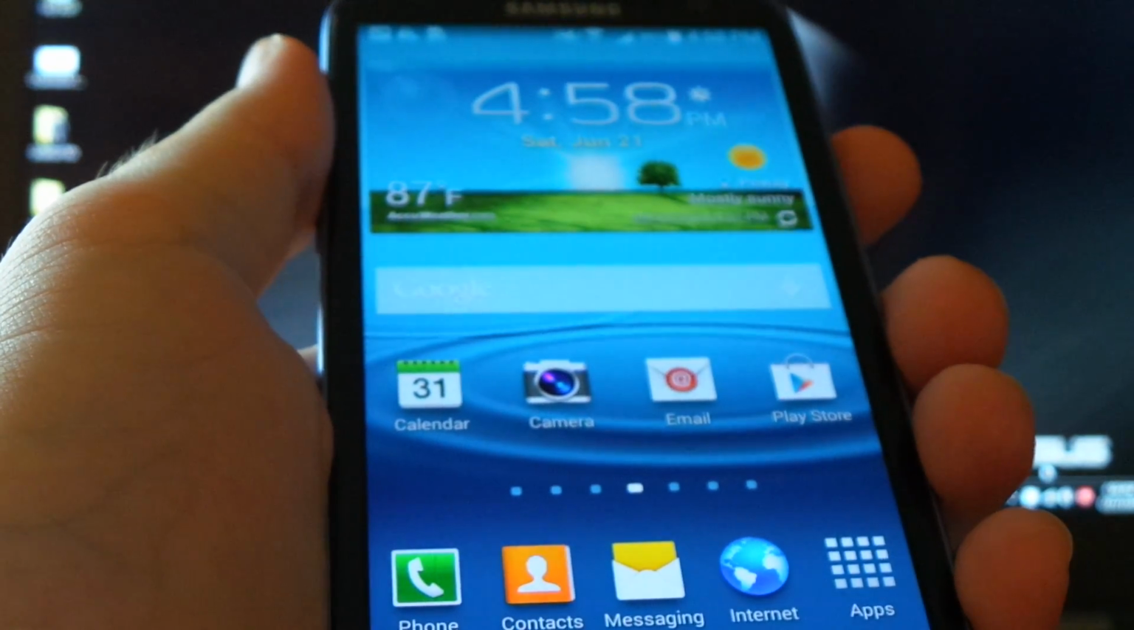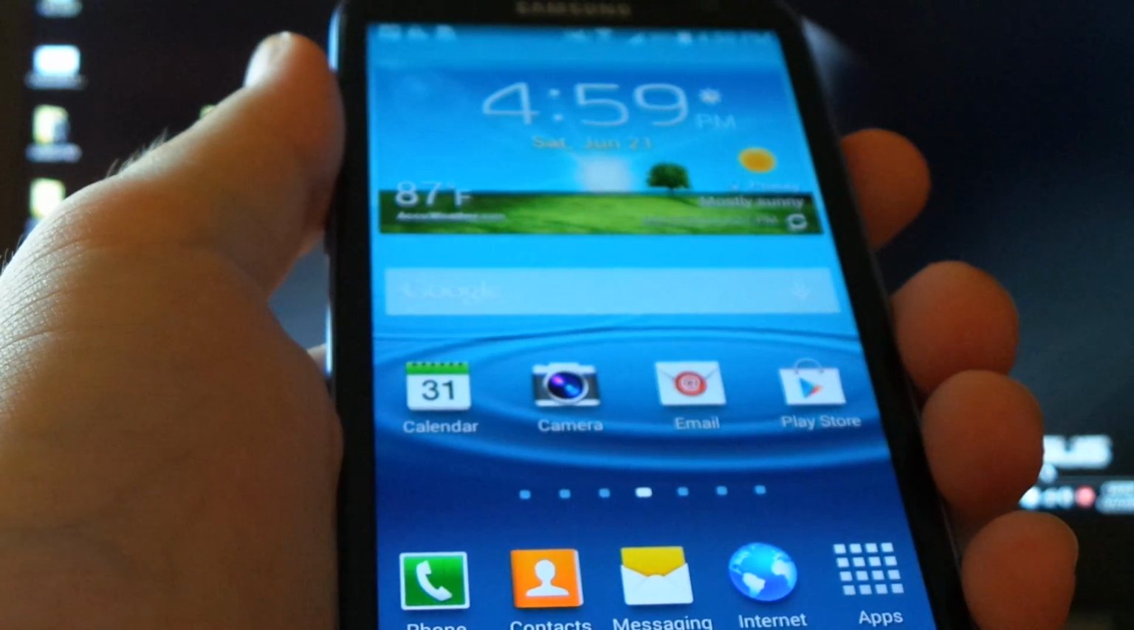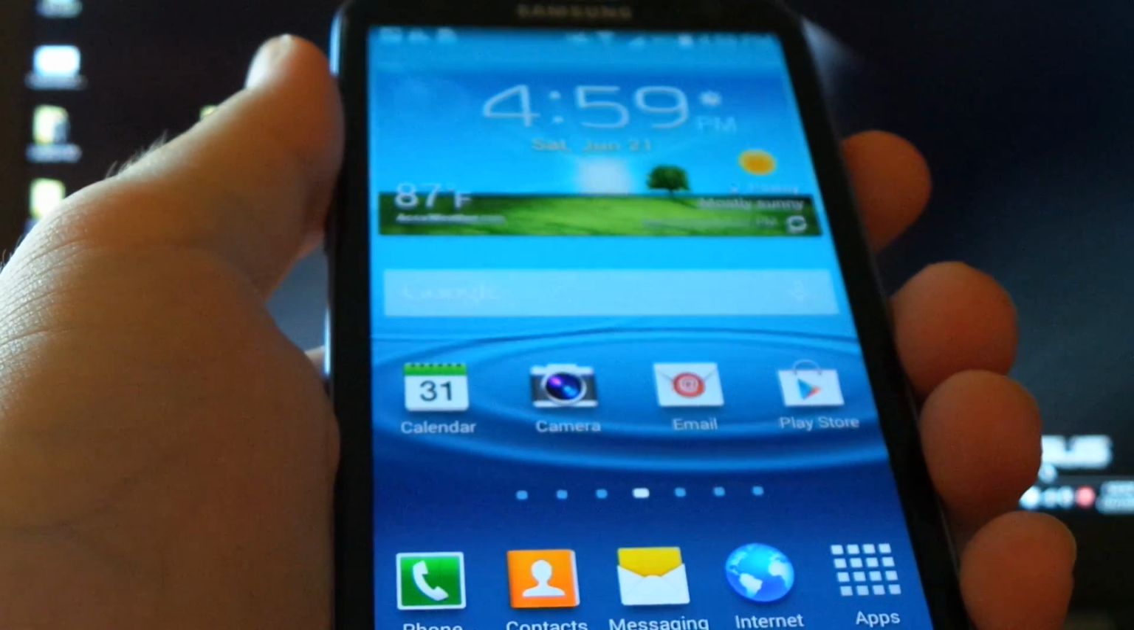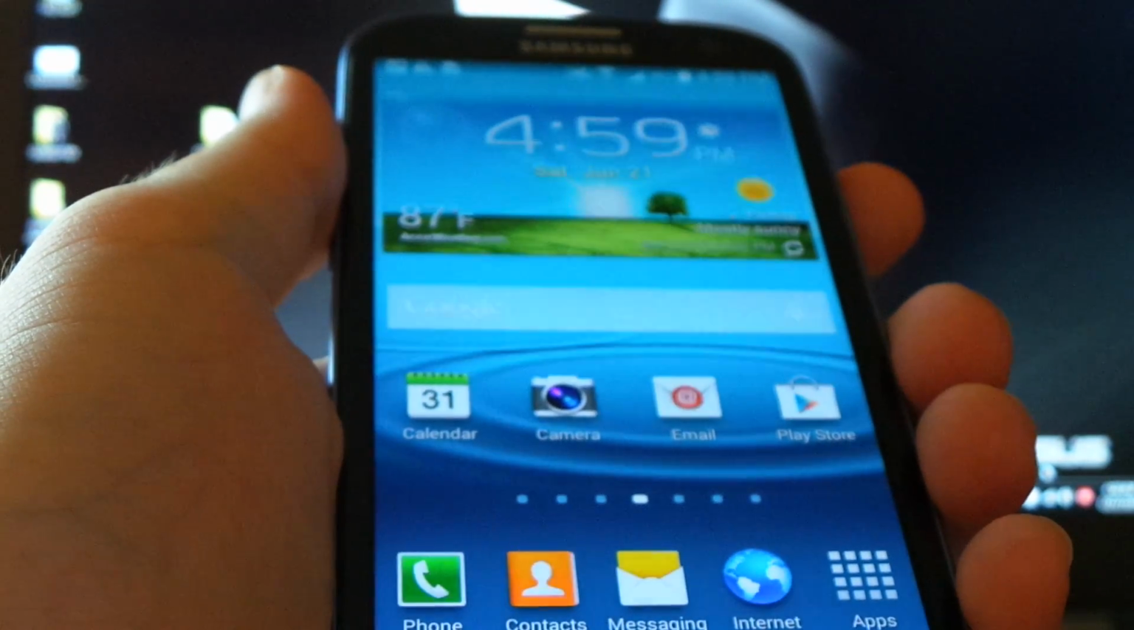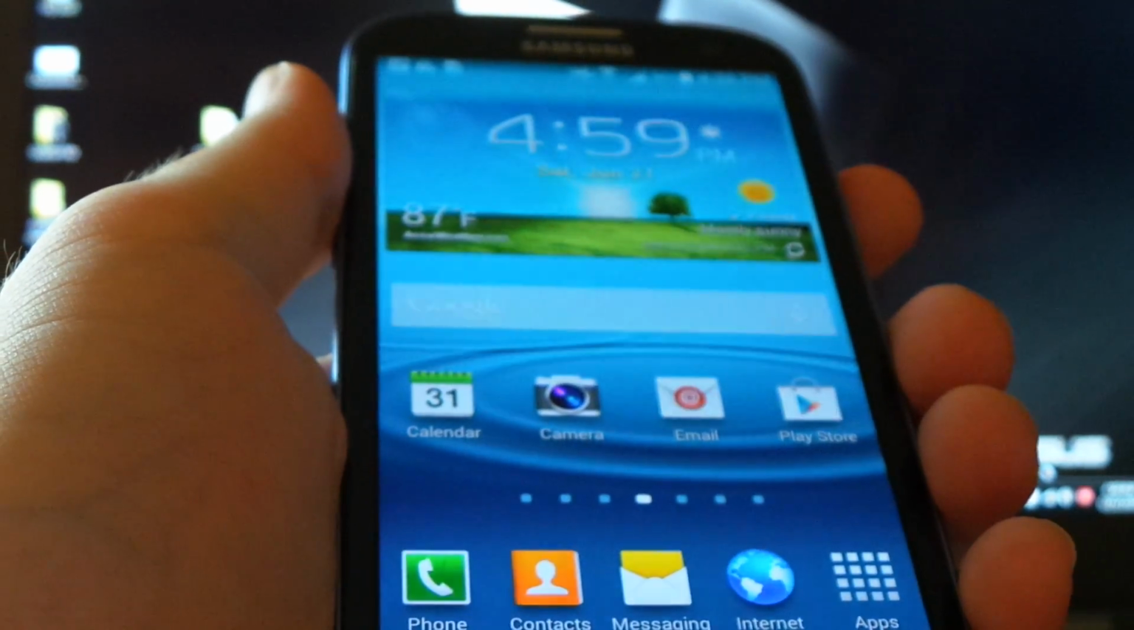The next video, as I said, will be how to root KitKat on your AT&T Galaxy S III, and then the video after that will probably be a debrick tutorial if this did not go as planned at all. If you aren't completely sure about what debricking is, you can look it up and read about it, but I